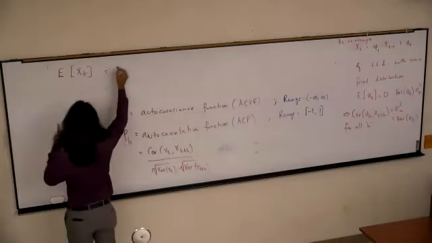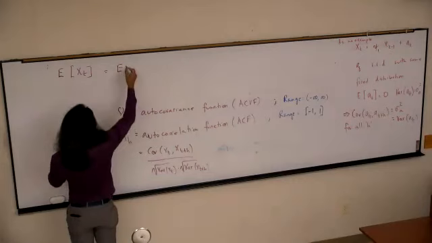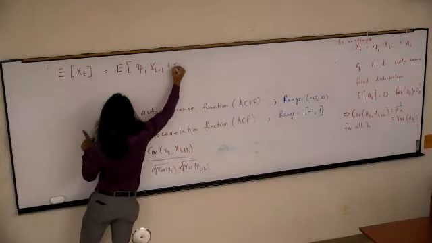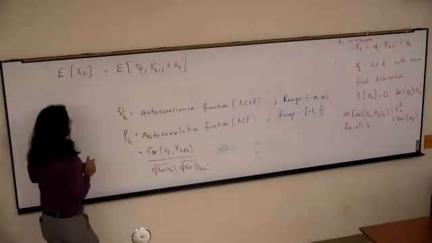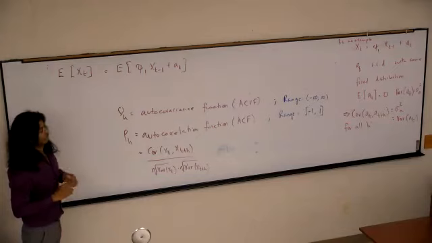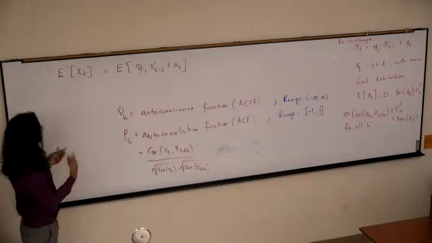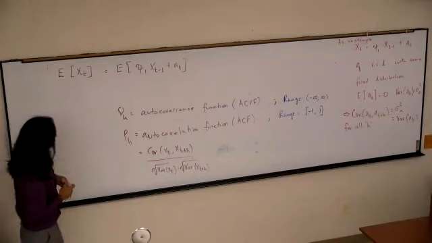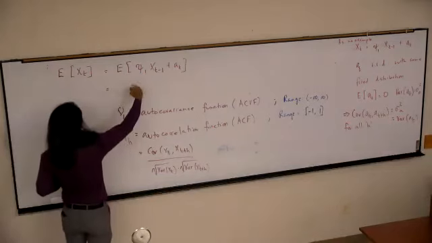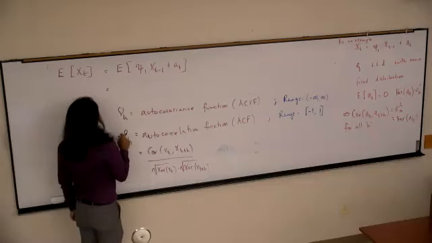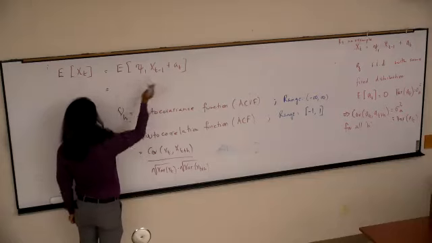So for that simple case that we have, psi x_(t-1) plus a_t. Good. If you distribute, because with expectation you can simply distribute, you'd end up having